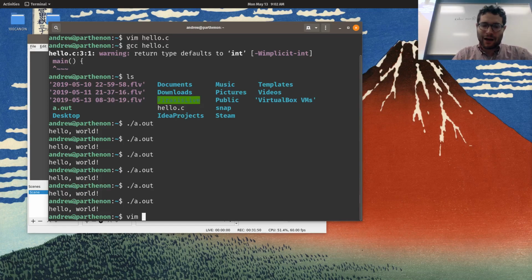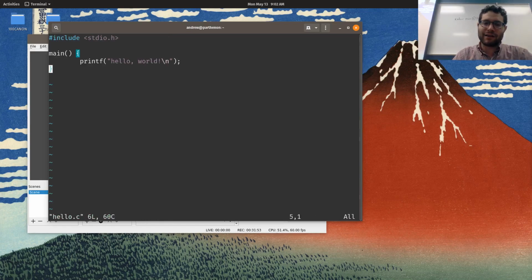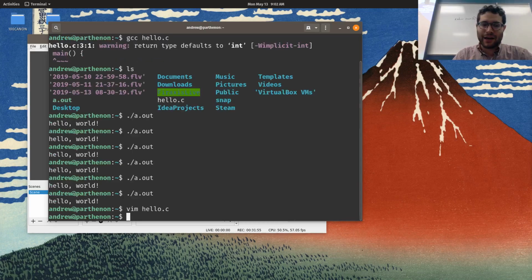So let's take a look, right? I can use Vim to open up my hello.c and look at the file, but let's take a look at that a.out file. There are two types of files that exist on your computer: text files and binary files. Text files are things you can read using a text editor, and they're stored in just regular characters. So .txt files, but also source code files. Most of the files stored on your computer aren't those kinds of files. They are binary files, like video files. So for instance, this is a video file.